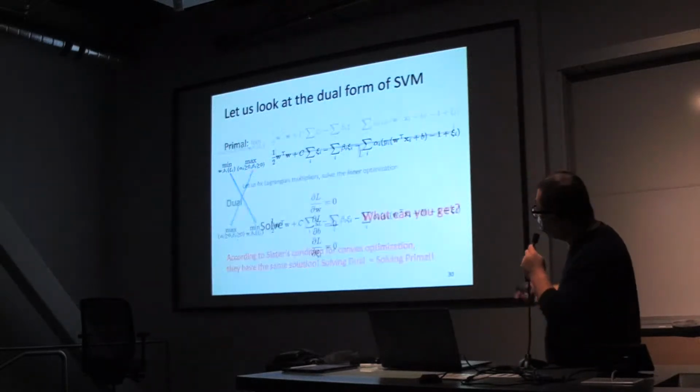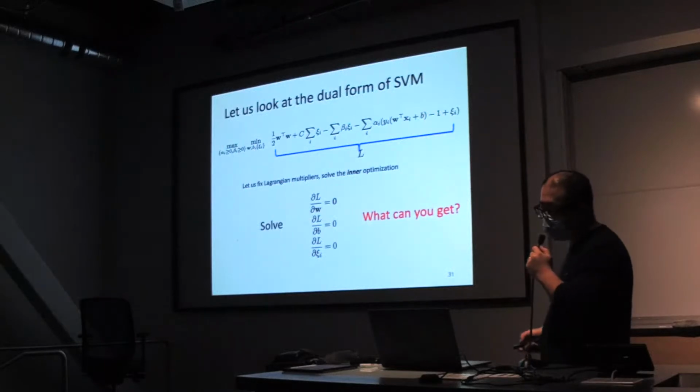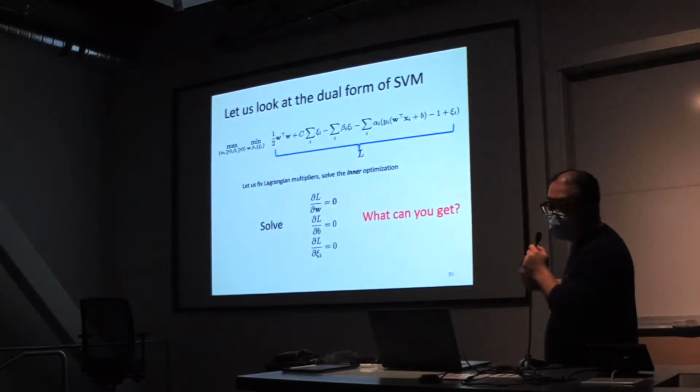Right? So how can we do that? Of course, we don't want to deal with this max-min optimization directly. That's too hard. So we're going to do some mathematical simplification. We first fix the Lagrange multipliers outside, then we solve the inner minimization problem. This is straightforward. Just take the gradient of the Lagrange function, set the gradient to 0, and you get a bunch